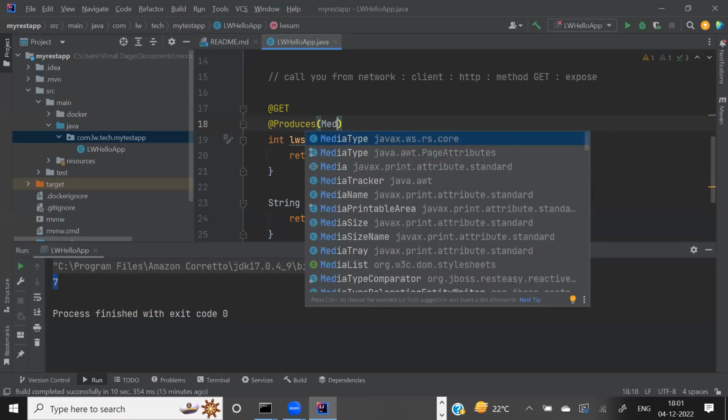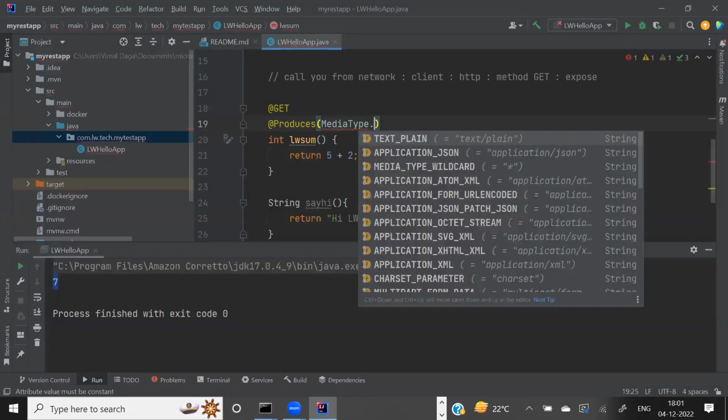So my media type is plain text. There are lots of output types you can print. Maybe you can print in XML format or JSON format, but right now I want to print in plain text, and we'll see more about other ways to print my text or the output. I want to use plain text right now.